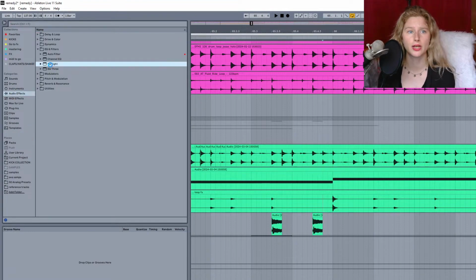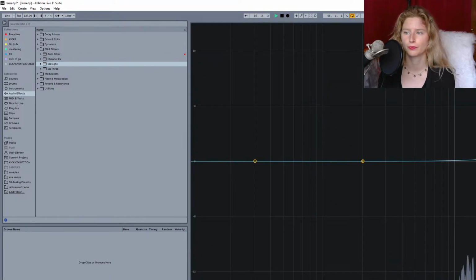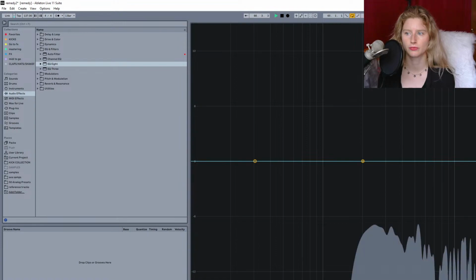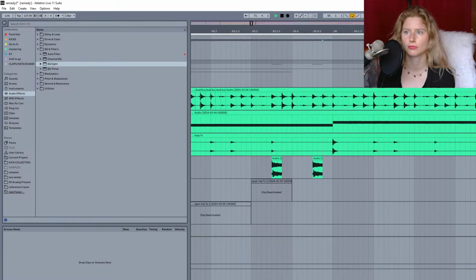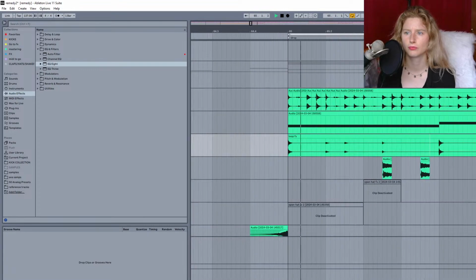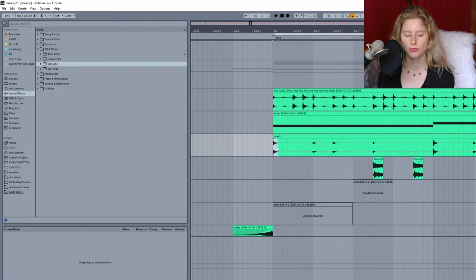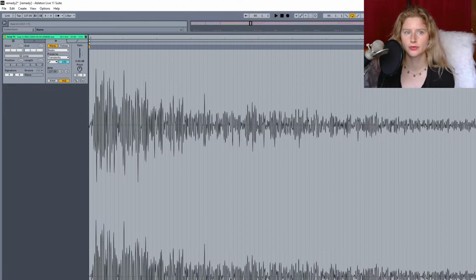Let's see if we can soothe that with a little surgical EQ. Spot isolated, Q, gain reduction. And you know what? Let's see what happens if we rise that up too.